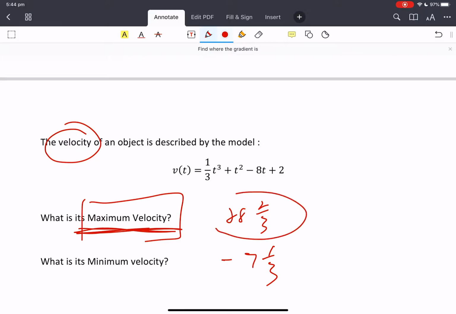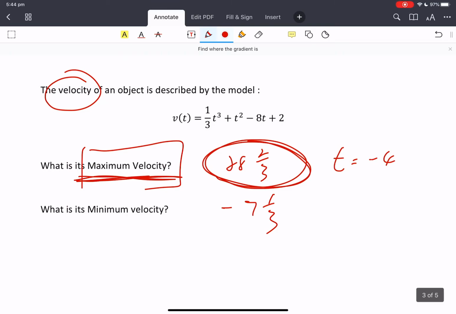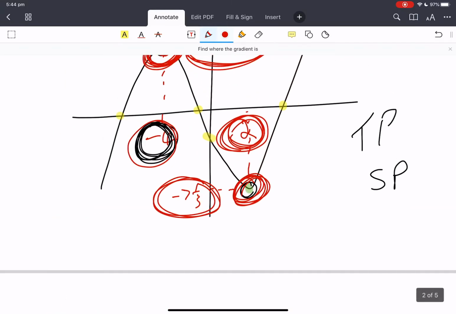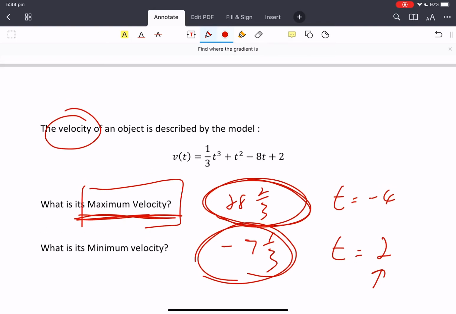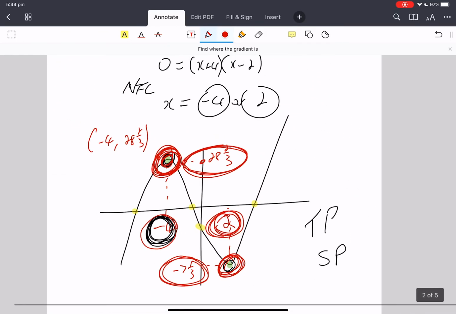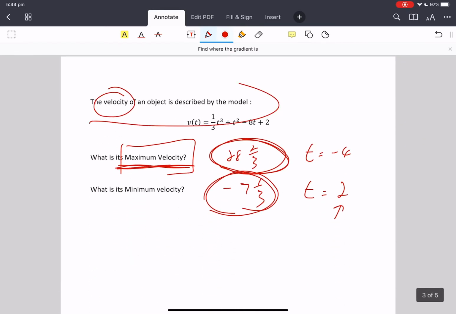Hey, at what time did this maximum velocity happen? Well, it happened at t equals -4. Well, that's interesting that we're time travelers now, but you get the point. Where was my minimum velocity? It happened at t equals 3. So after, was it 3? Sorry, it was 2. So after 2 seconds, it had its minimum velocity. And that's where we're getting to with differentiation, is different applications. So abstract ways to graph functions, but also minimums and maximums of worded questions. Okay, get to it, have heaps of